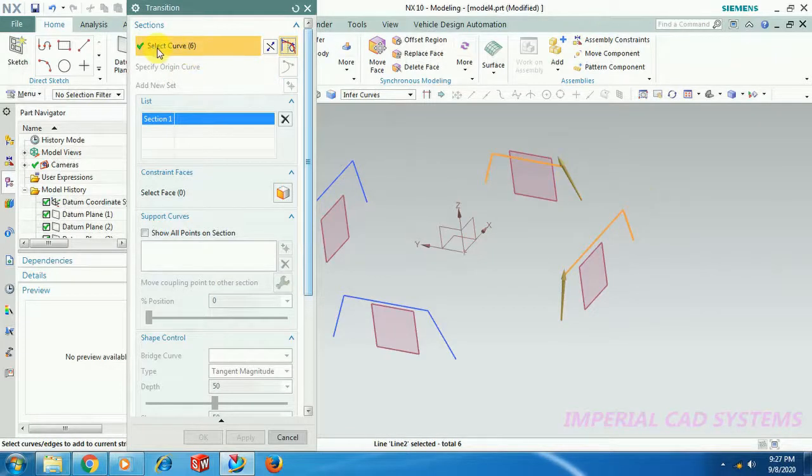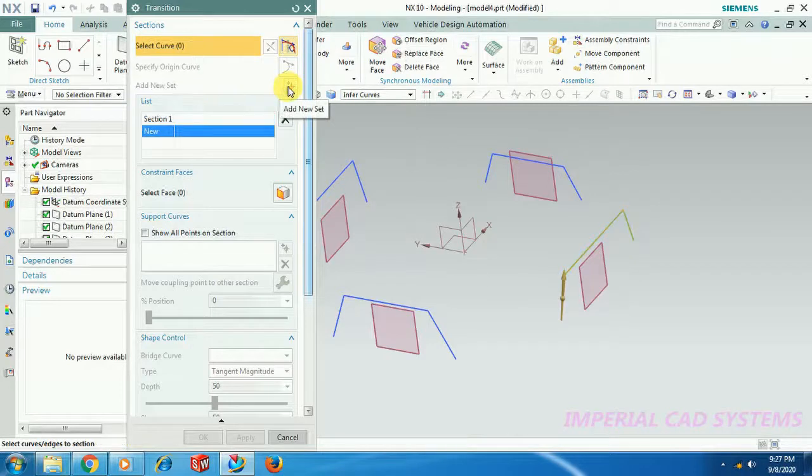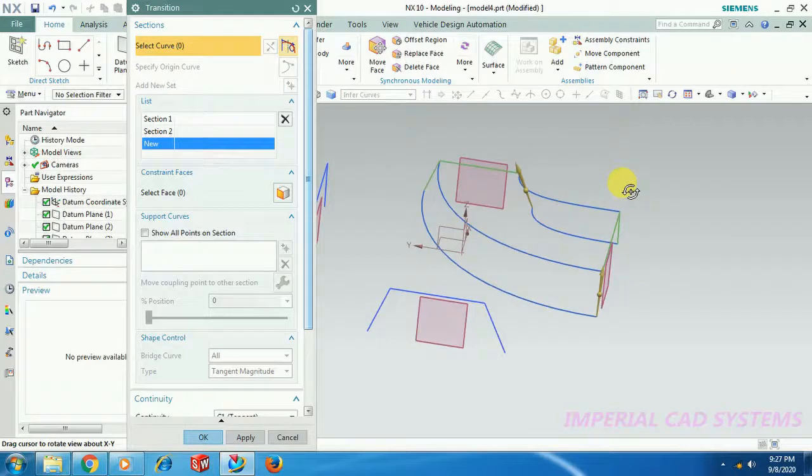Don't directly select this profile, otherwise it will take all these 6 profiles as a single section. So uncheck this one by holding Shift and select this. Then select Add New Set and select this profile.